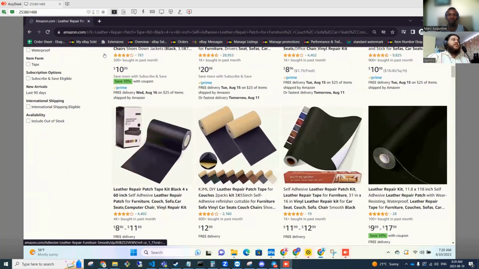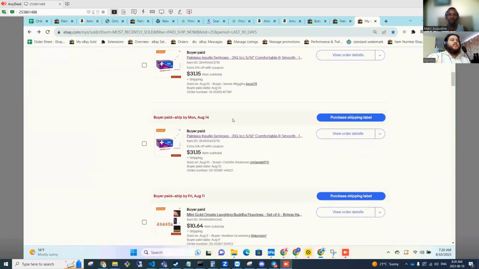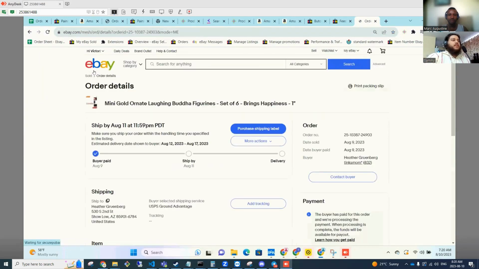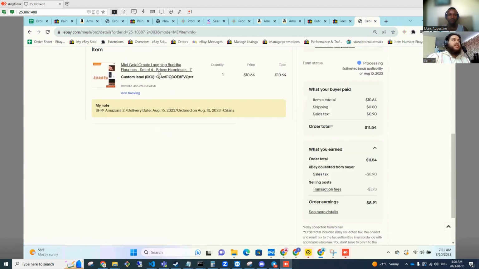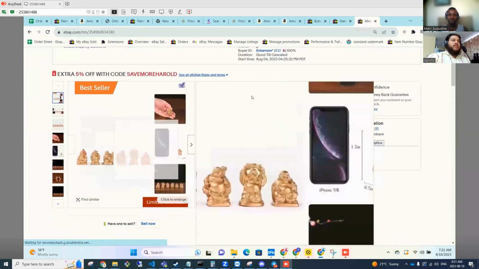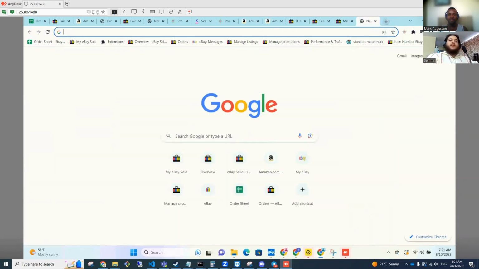Well, in my opinion, this one is kind of similar. But usually let's do another case study. I think that would be better. So let's go ahead and do this one. These Buddha figures are like the figures and stuff they sell, huh? Like last time, we sold the mini rooster, that was like our first sale. So this was kind of surprising to me that stuff like this sells.